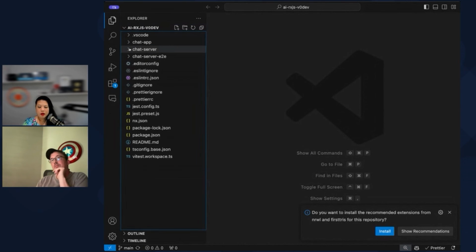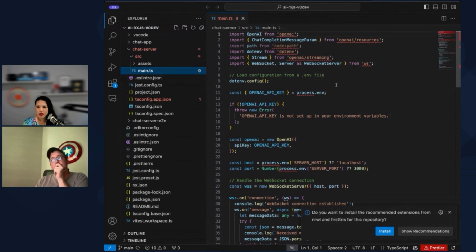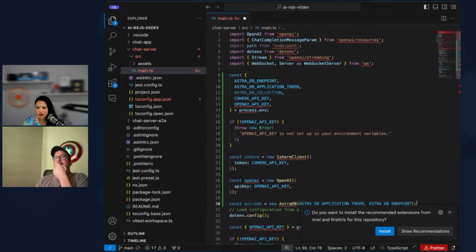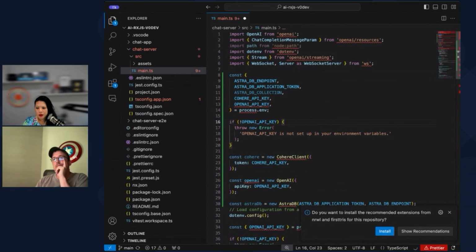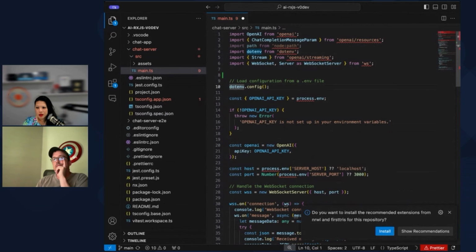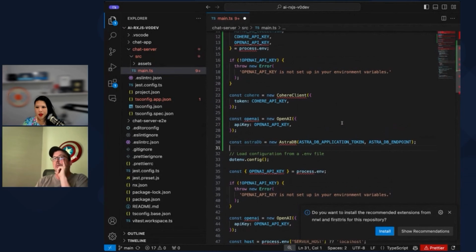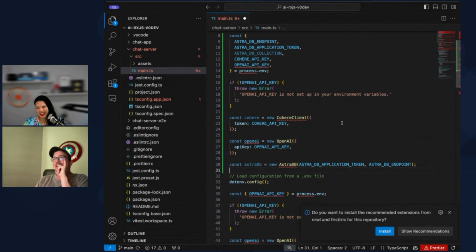All right, so going into the chat server, into main.ts, I should just do it up here, right? Yeah, some of that stuff we already have in there. We're already checking the OpenAI key, we're already pulling that out. So we don't have to do the OpenAI part. Wait, hold on, the consts. Let me just copy paste this real quick. Okay, so let me just dump all this stuff into here.